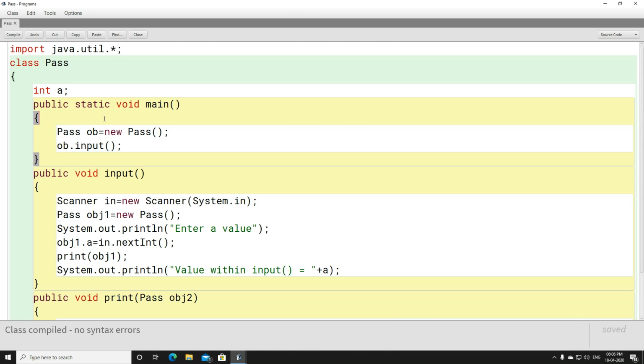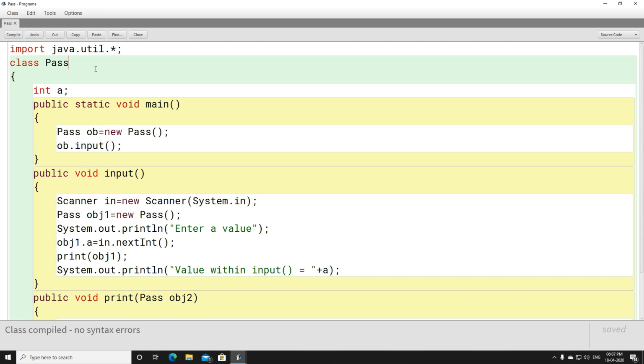This is the example of pass by reference. Now let's take a very keen look at how the program is done. Once again, before starting the program, I am making one thing very clear. Students, please remember, you are never going to be asked a question to write a program based on pass by reference. This is only for your knowledge. I am showing you the example.